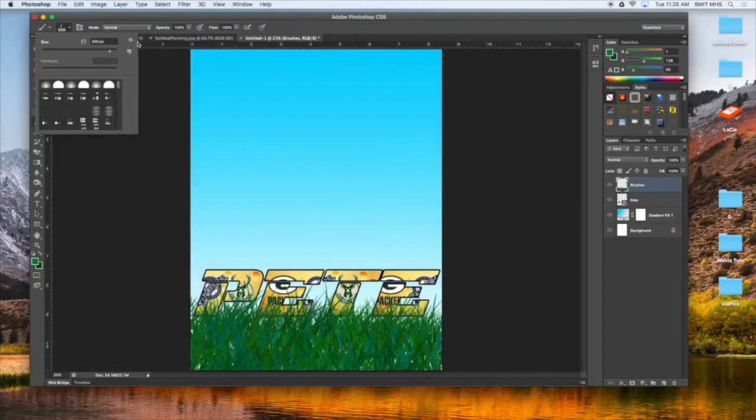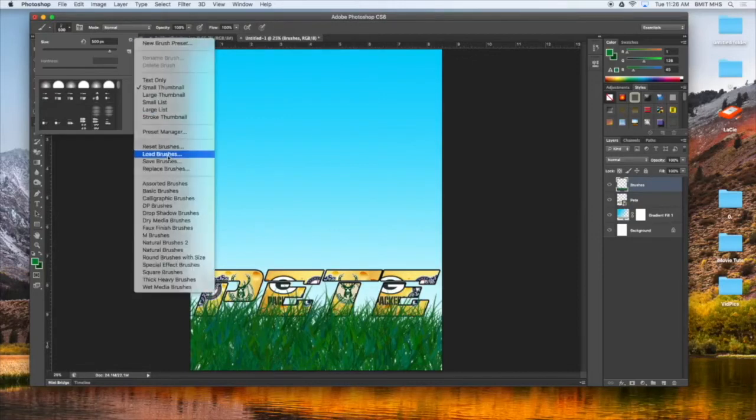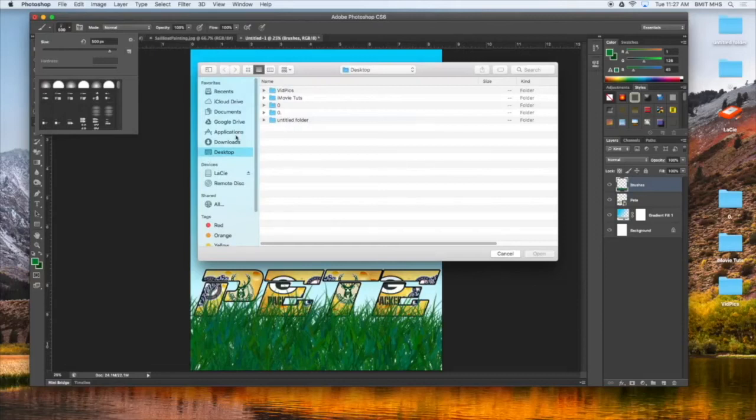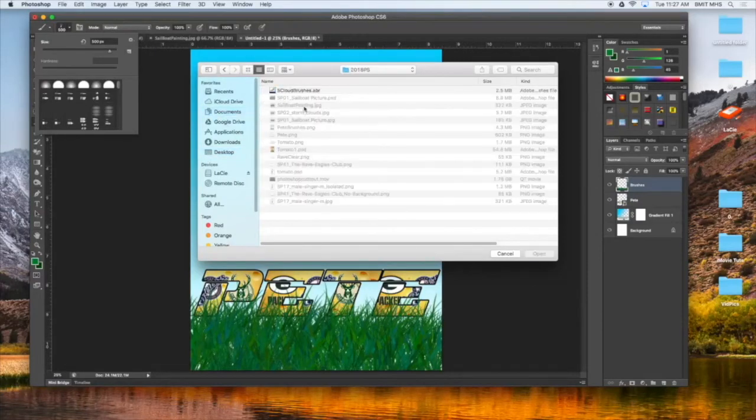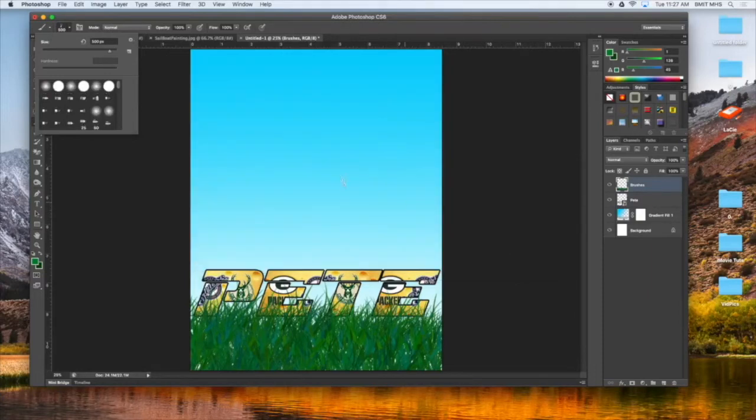So I went to, just to make sure, the gear, load brushes, and then I had downloaded this earlier from the sandbox under my directory, and here's 5 Clouds Brushes ABR. Go ahead and say open. Now what happened is it usually appends it right to the bottom, and as you can see it is. So now I have these different clouds effects here,